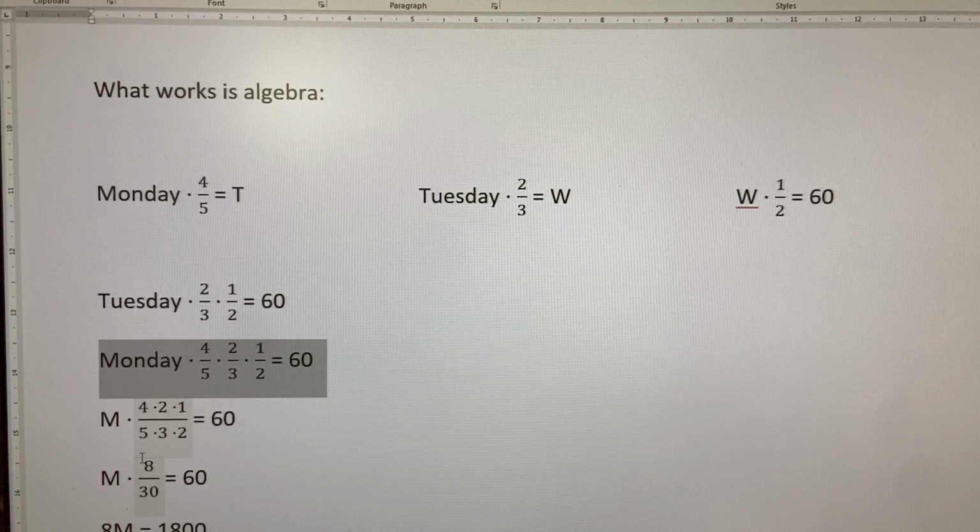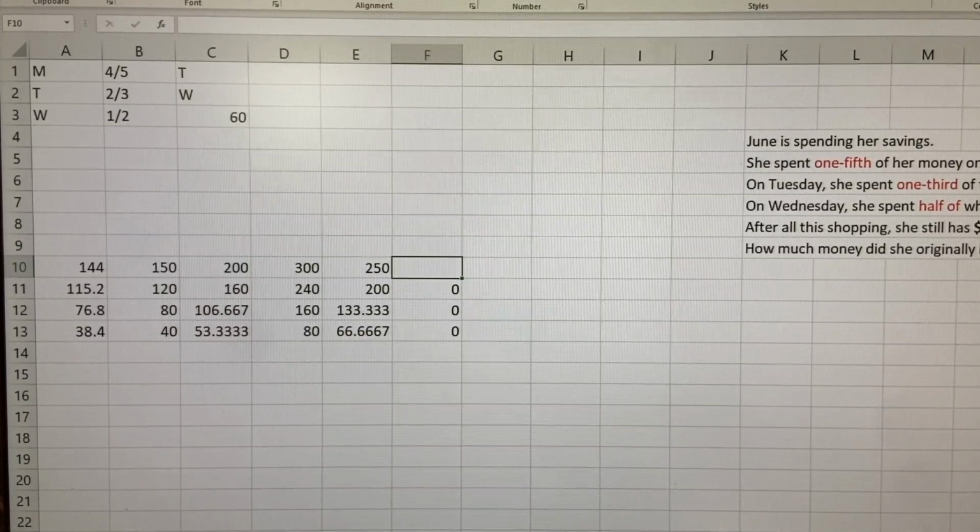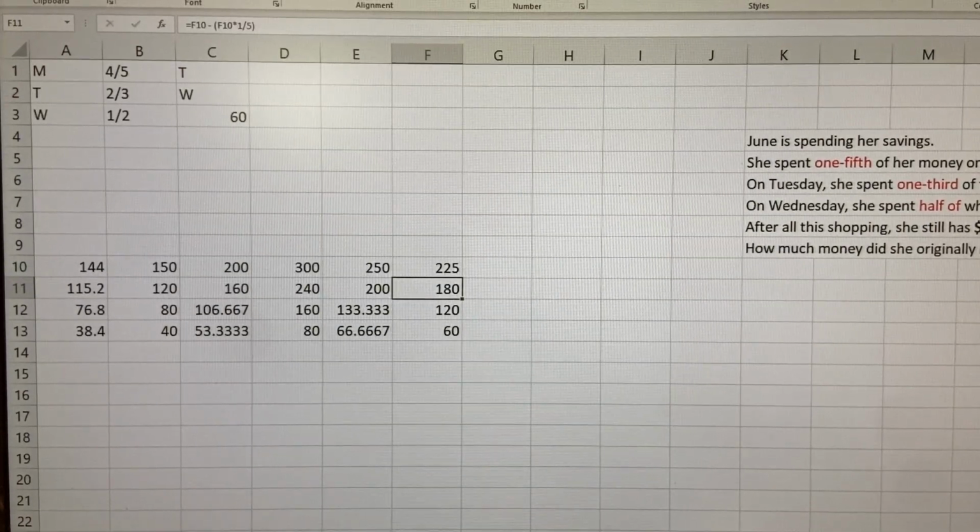That's what you see on the next line, 8 over 30. Multiply both sides of the equation by 30 and divide both sides of the equation by 8. There's your answer, 225. Let's check our work in Excel and plug in 225 here, hit enter, and it works